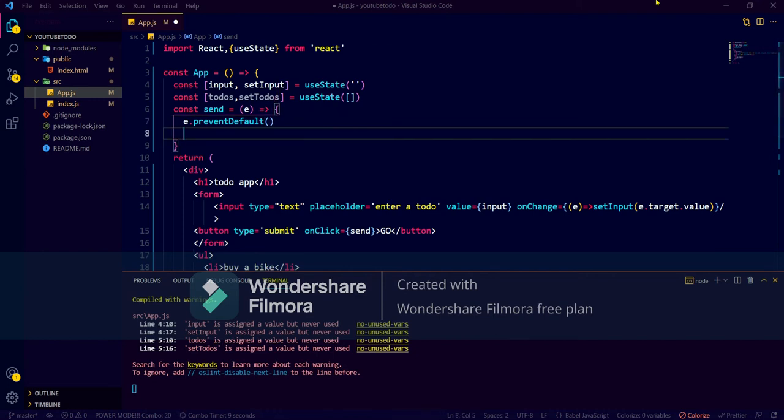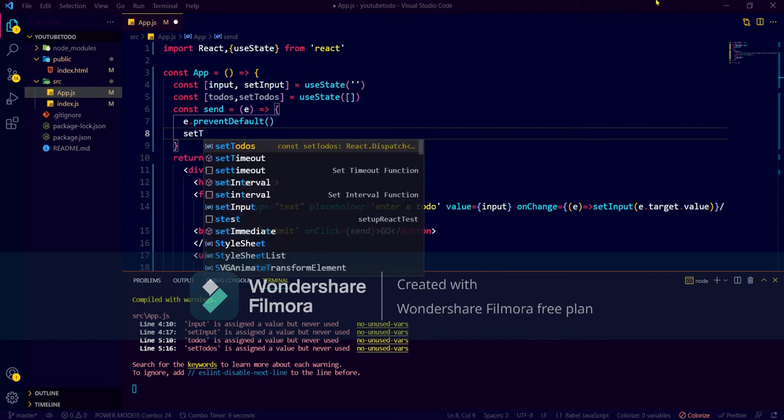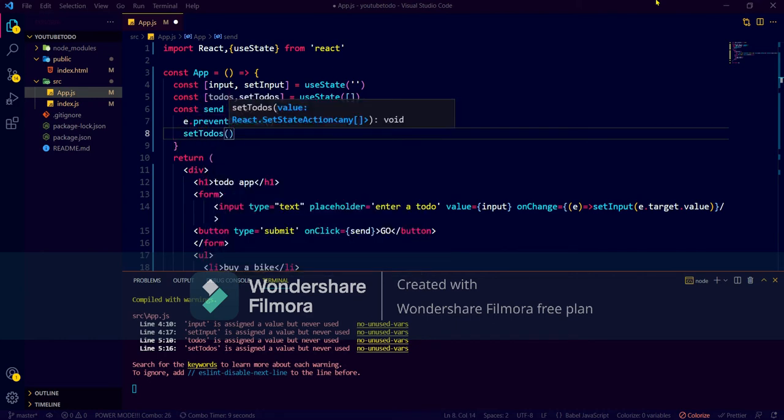Now we will implement the main function: we have to setTodos in the array. We will extend the array with the help of the spread operator, the three dots. We write todos, comma, and assign the value from input, because we are actually typing the value in this input only.